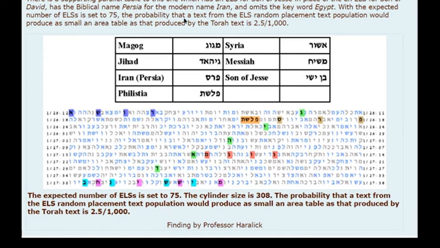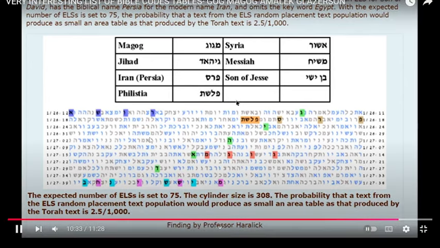The probability that text from the ELS random placement text population would produce a small table as produced by the Torah text is 2.5 in 2,000. So this we can see here, not Iran, here, Persia, which is what is used in the Bible, the Torah, and you have son of Jesse,